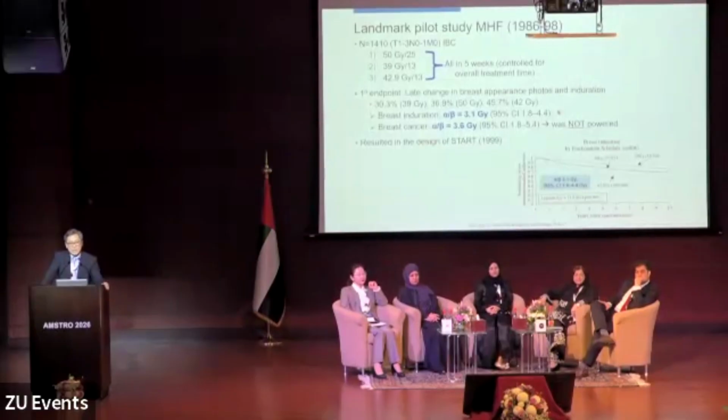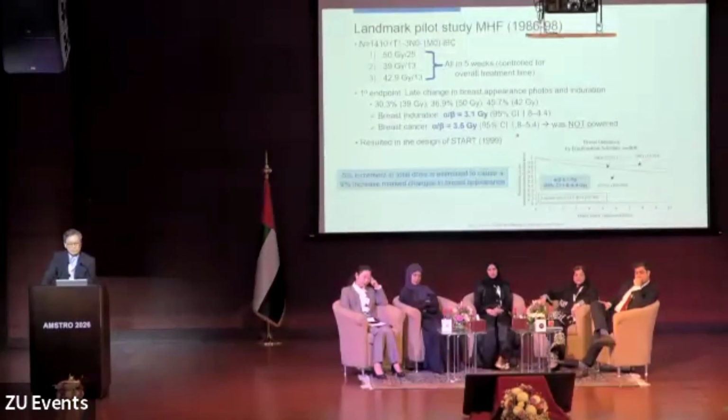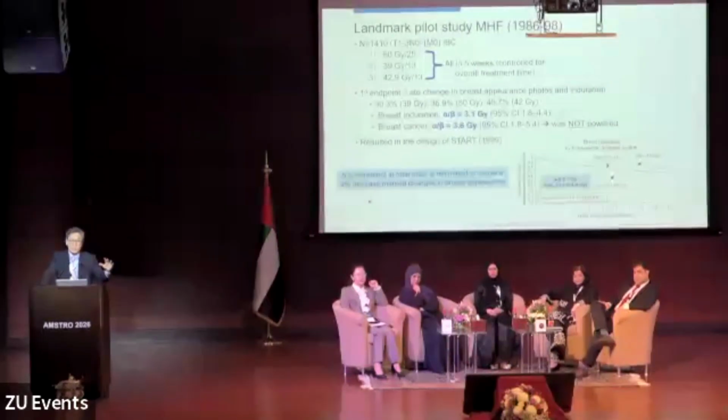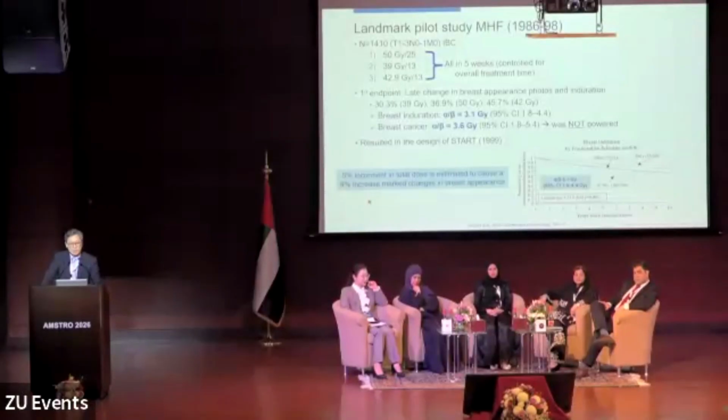They also looked at the breast cancer alpha beta. This was not powered, keep in mind, alpha beta of 3.6 gray. And this landmark study led to the design of the START A and B trials. Here, it's important to note the 5% increment in the total dose. I mentioned that as you increase the fraction size, you reduce the number of treatments, but also you want to ultimately reduce the amount of total dose. So if you increase the total dose by 5%, there's a whopping 9% increase in breast changes